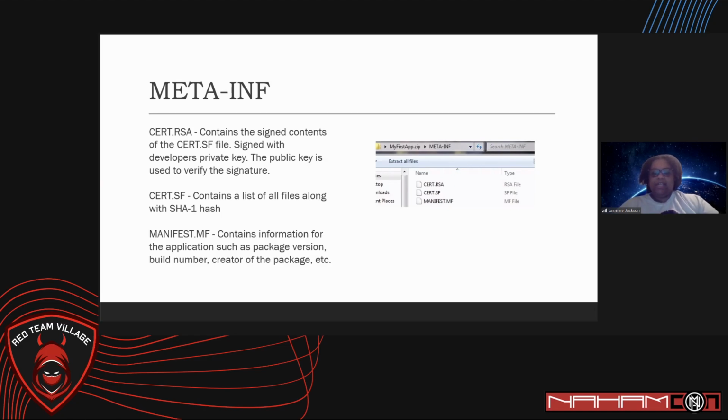Cert SF is a list of all the files with their SHA-1 hash. And the hash is a one-way function, meaning you can compute a hash, but you can't go back to its original form. And again, that is used for integrity purposes to make sure that your files have not been manipulated. And then the manifest.mf, which contains information of the application, such as package version, build number, creator of the package, etc. So to the right, we have a folder that shows the 3 different files that I just described